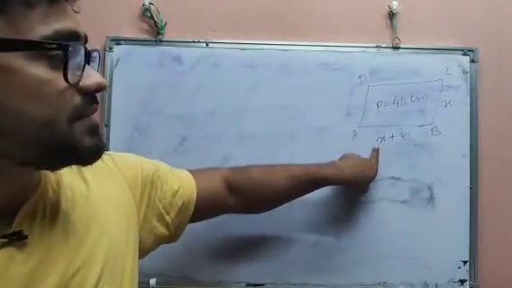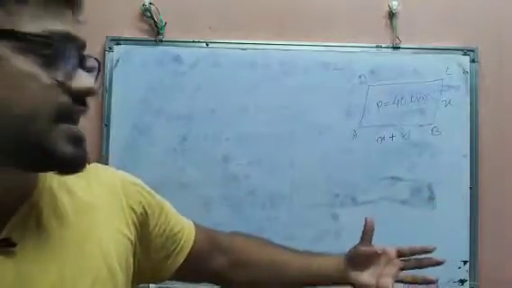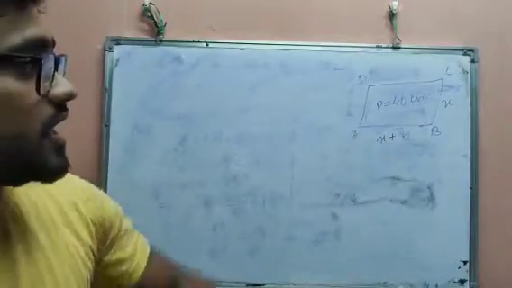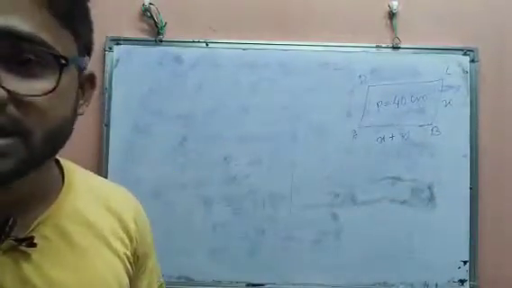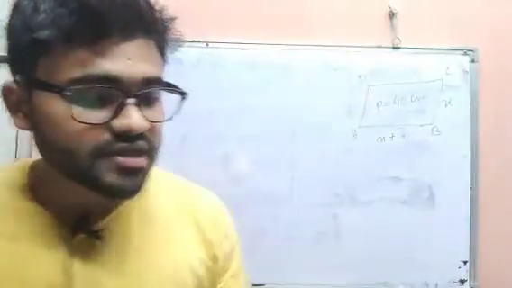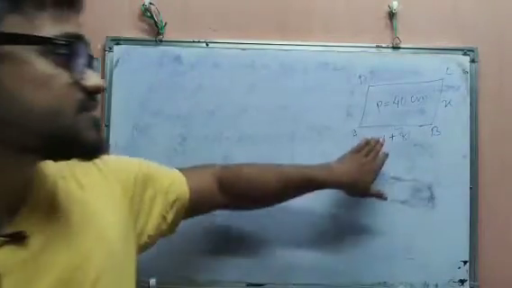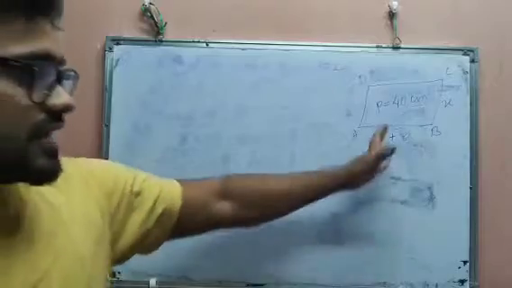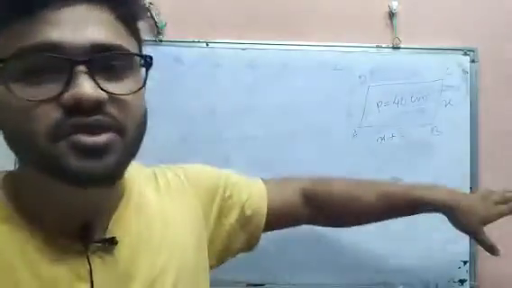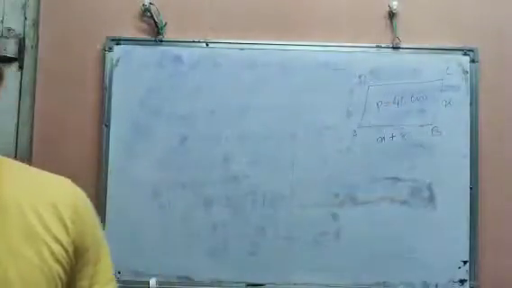Then you can write AB value will be what? 8 centimeter longer than x. That means x plus 8. Okay. And we have given perimeter equal to 40 centimeter. So what are we asked to find? We are asked to find the length of each side. That means the length of these 4 sides. That means we have to find AB and BC because all the opposite sides will be equal in a parallelogram.